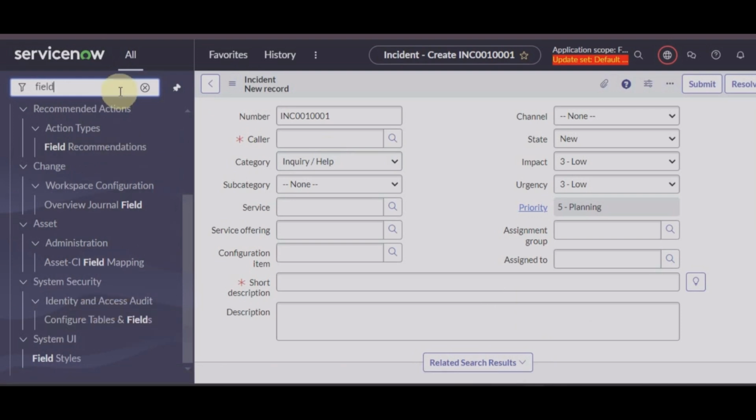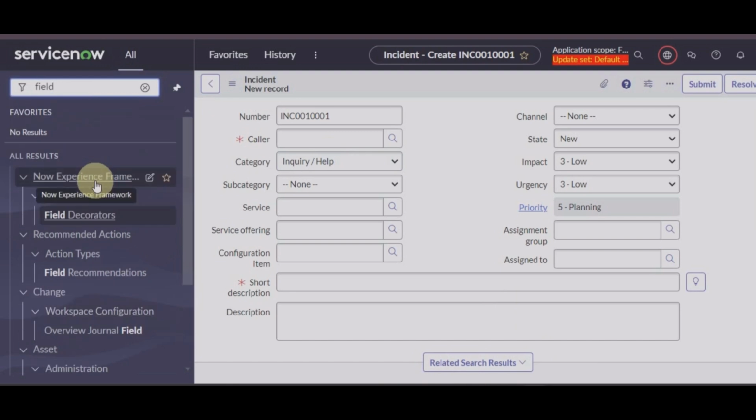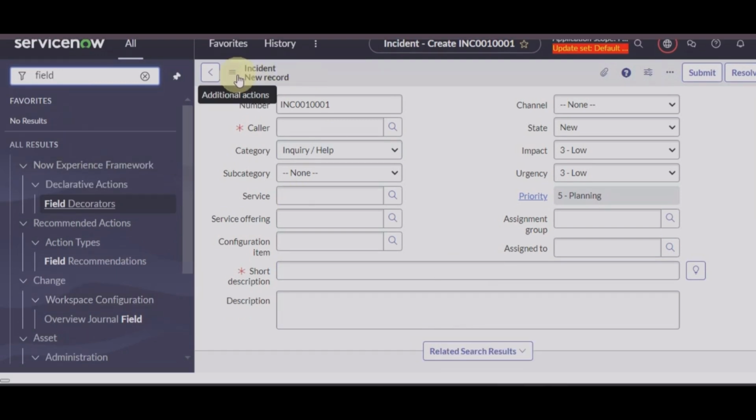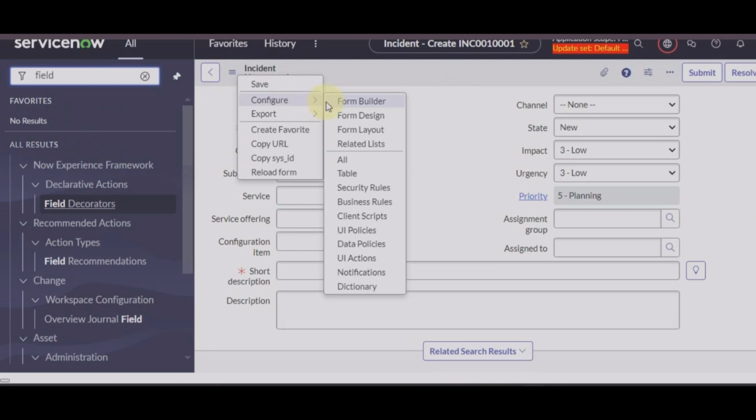There is table and fields, but there is no field class module. So context menu, yes. This three bar here is known as the context menu, these additional actions. Click on context menu, configure form designer. Perfect. Or right click